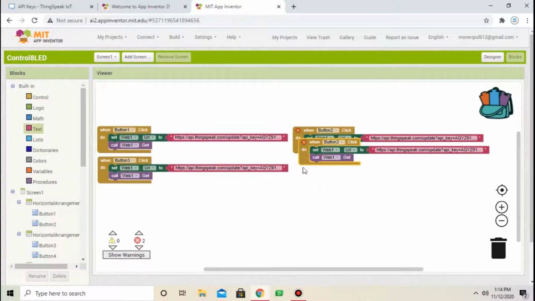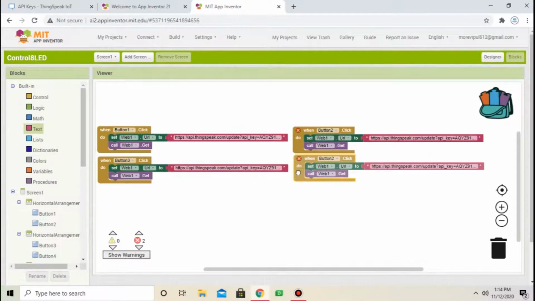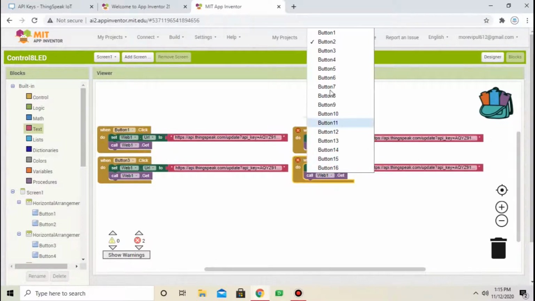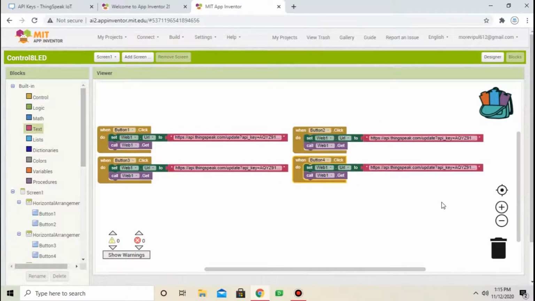Do the same procedure for button 4. Copy button 2 dot click. Change button 2 to button 4.